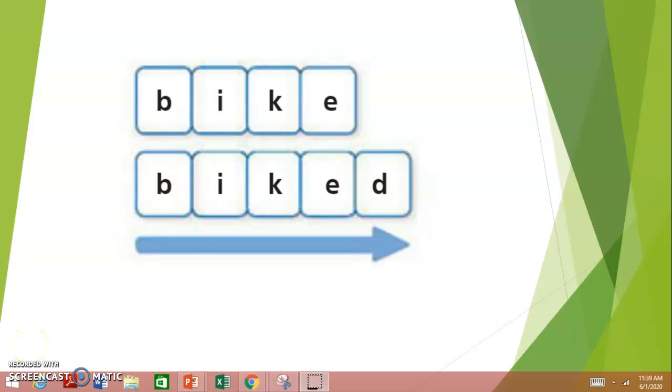Hi, today we are going to be reading words that have ed endings or ing. Now, when we hear these words with the ed, it's usually one syllable. So bike becomes biked. Hop becomes hopped. And when we have a word that ends in a vowel, like the word bike, we just add the D